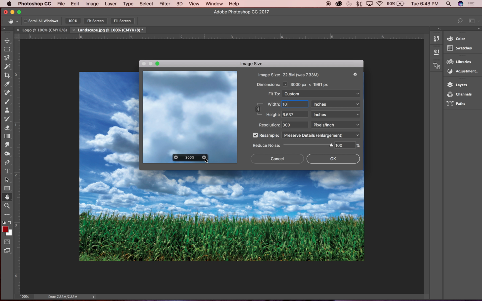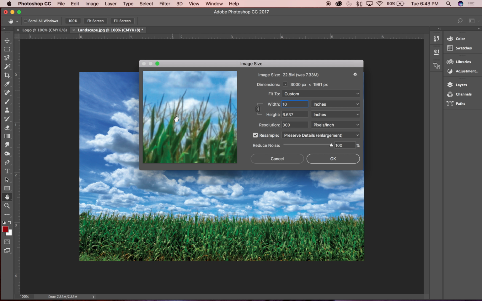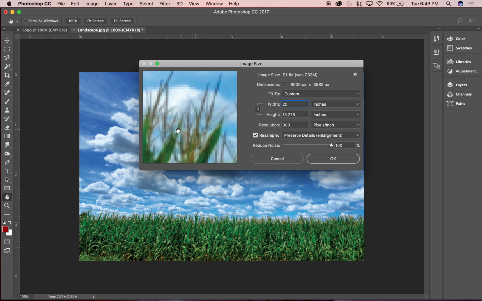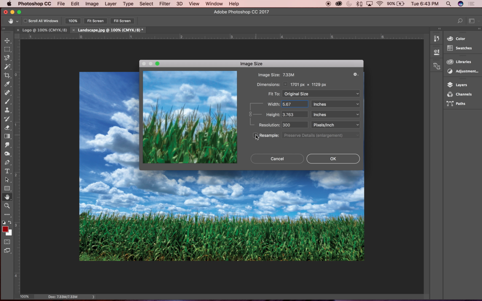This is just to give me a sense of what's happening. Let me go into a more detailed area. Let me make this even bigger. 20. So you see how it's starting to get a little bit blurry. That happens. So what I'm going to do is, let's say I want to make this thing